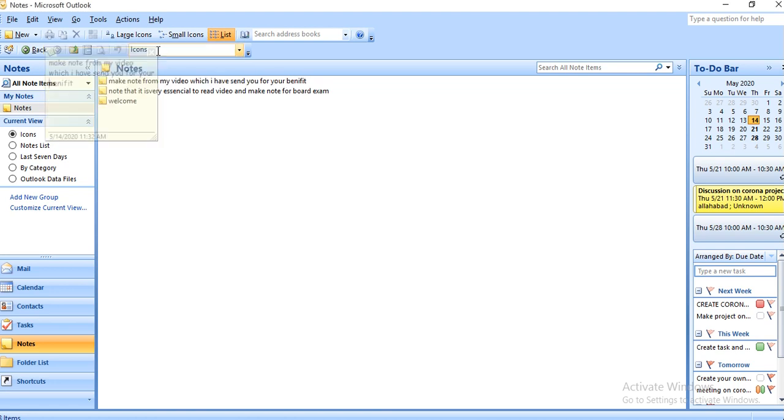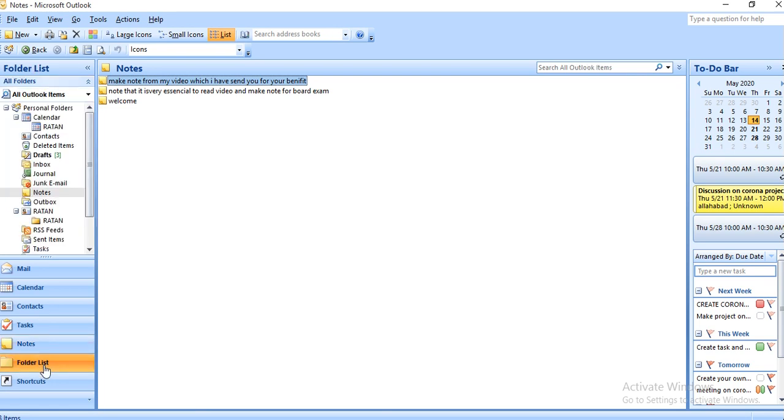That's all. So it will come here. Then the folder list. You can make a folder list. And shortcut, you can make a shortcut also.